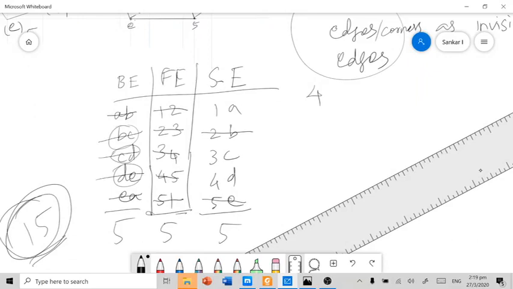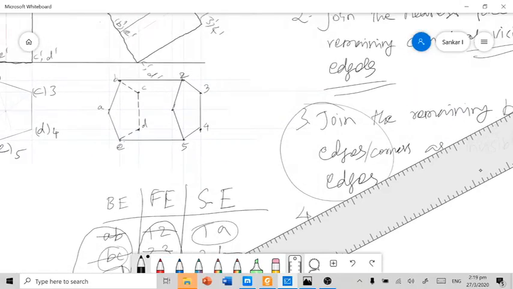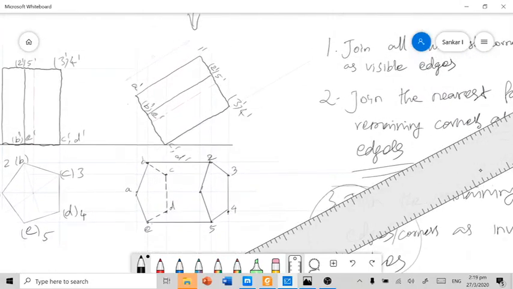So on the base side, I connected all 5 edges, visible or invisible, based on the procedure. And in the face edges also, I drew all the face edges, and the remaining edges out of this total 15 are 4D, 3C, 1A. These should be judged by your vision, whether they are visible or invisible.